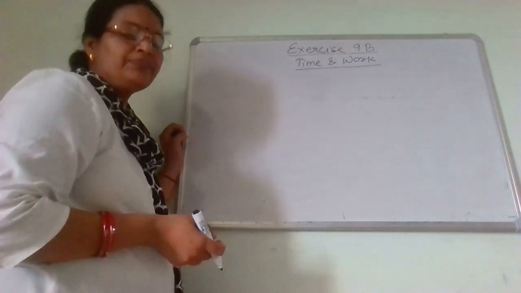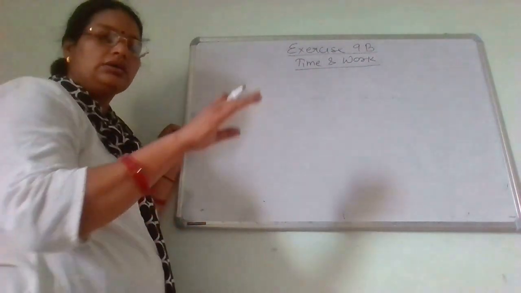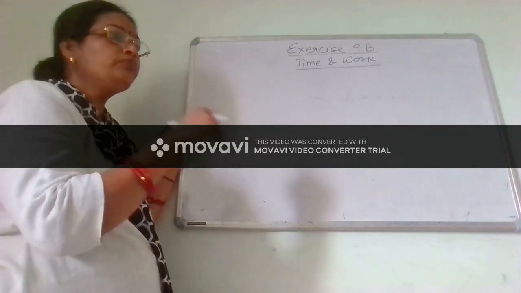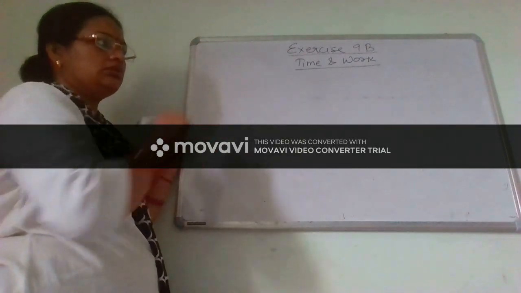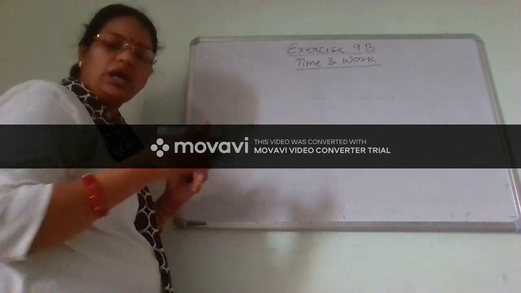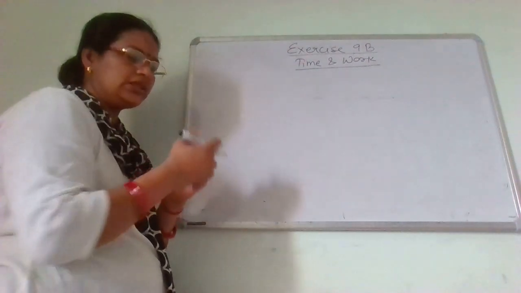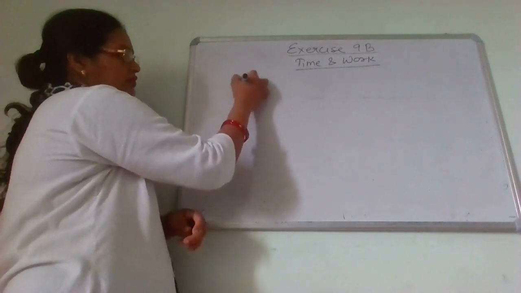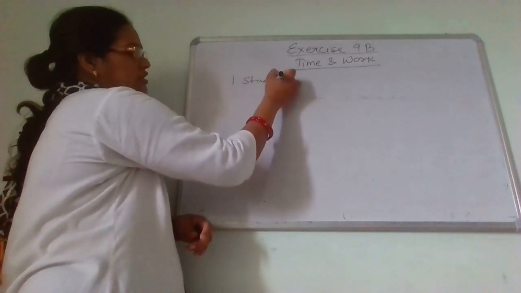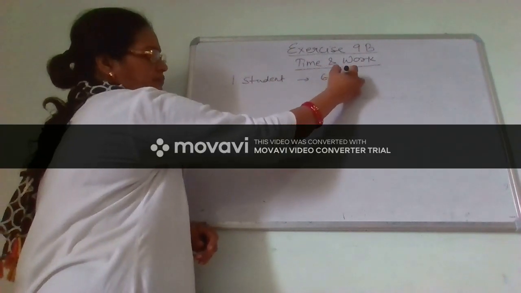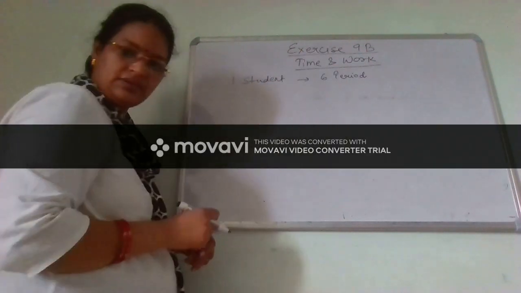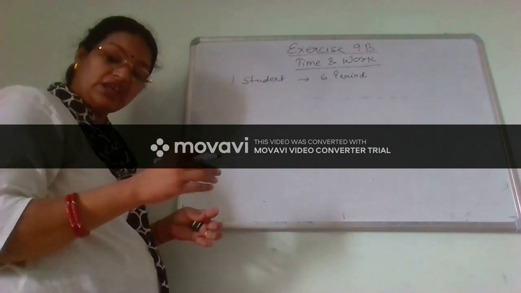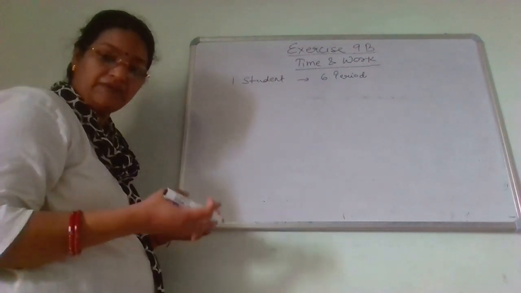Say, for example, you have to do certain work. Say your teacher has said that you have to arrange one board, so all the house in-charges can go over there and decorate their board. So if only one student is there, say he is taking 6 periods, right? So first, second, third, fourth, fifth, he has to sit over there because he has to decorate each and everything over there. Quotations he will be decorating, drawing he will be decorating.